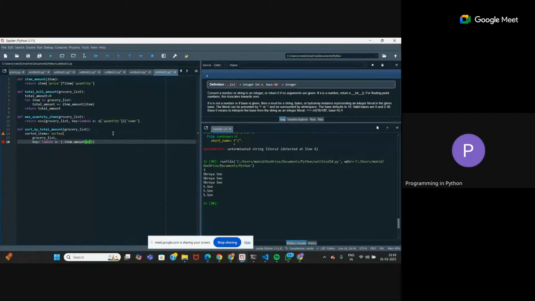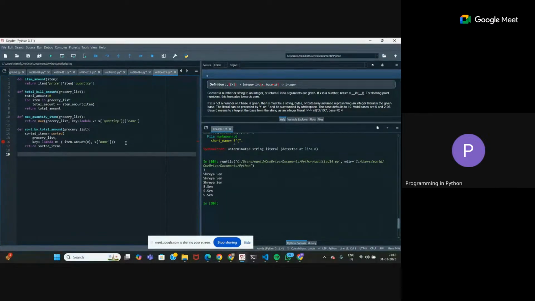That's why the negative sign. So this is one, item amount. Next, the second condition is the name, so that if I get a tie, then I need a tiebreaker. That is the name, to sort alphabetically in that case. And what will we return? Finally, just return this sorted items list. So these are all our three functions.